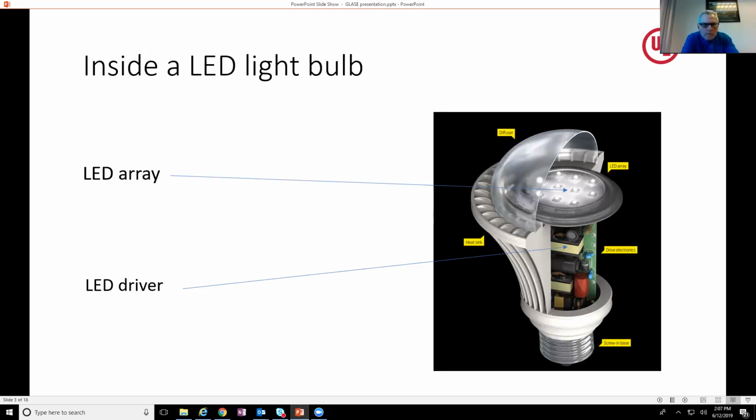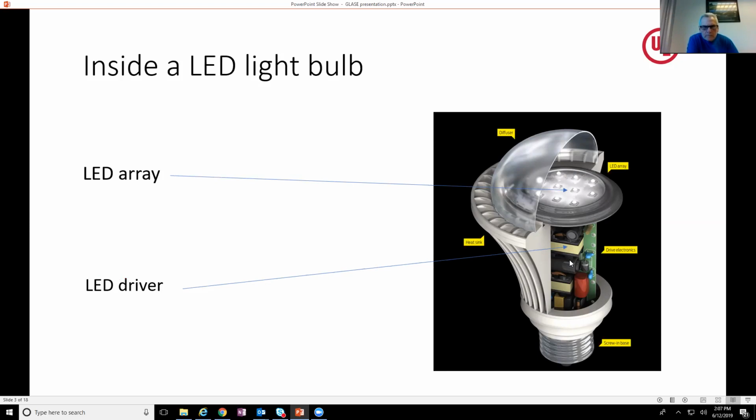I wanted to get started with a typical LED light bulb that you might buy at the store. This is a cutout of it. It has a lot of mechanical pieces. We are not going to focus on those things today. I am going to focus on two pieces inside the LED light bulb. There is this piece here with a little green background. This is called an LED driver. And this gray round piece on top, that's called an